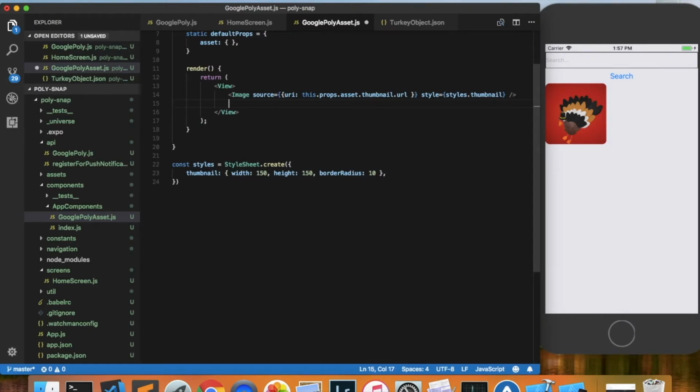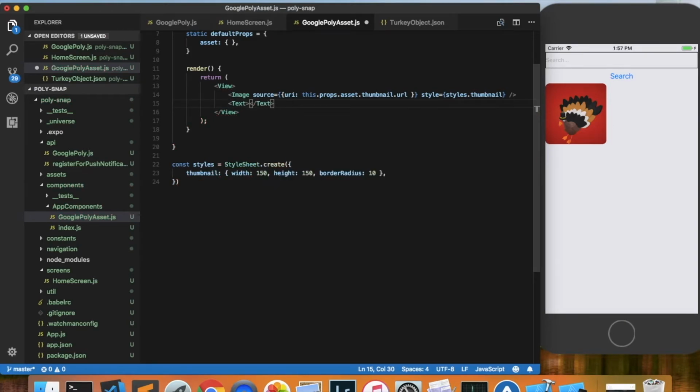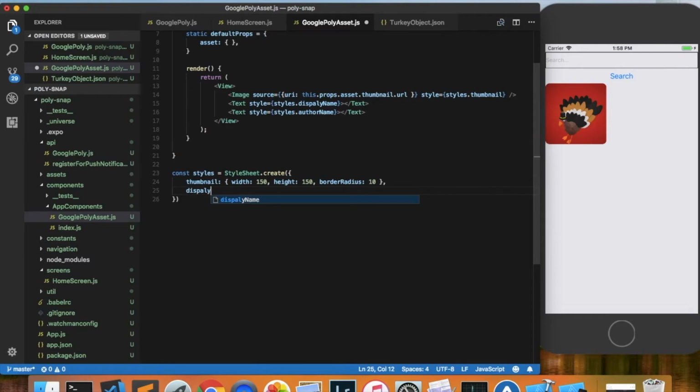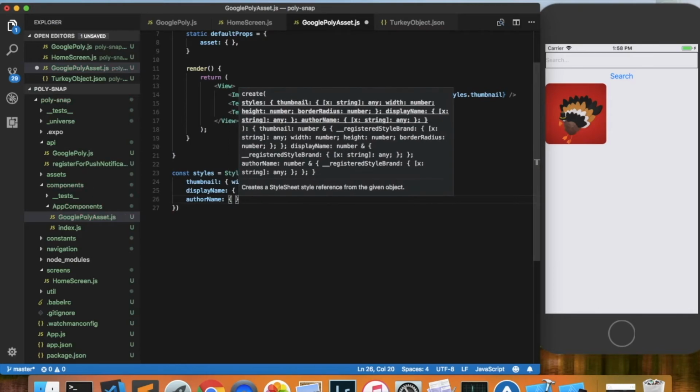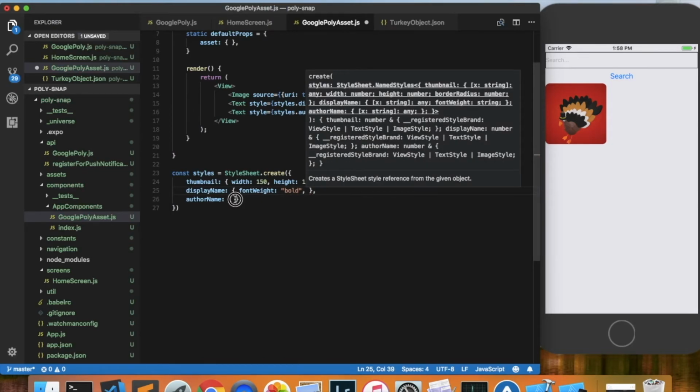Let's go ahead and add the display name and the author name down here. So we'll just add some text components. That one we'll put the display name, and here we'll put the author name. Let's give them each a style called styles.displayName and styles.authorName. Come down here and add displayName and authorName. And I think what I would like is for the display name to be bold and the author name to be normal. So we'll put fontWeight is bold, and we don't need to put anything in authorName because by default